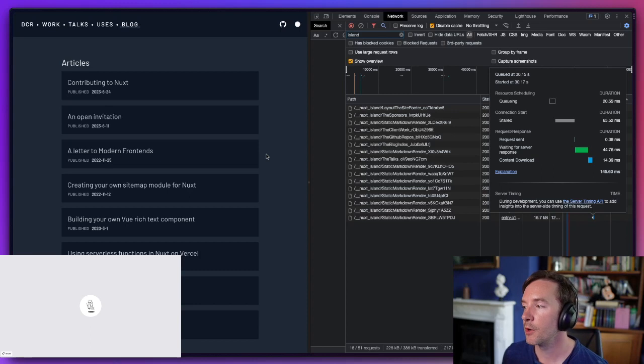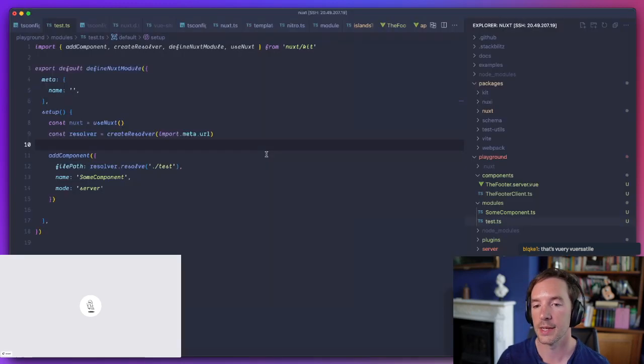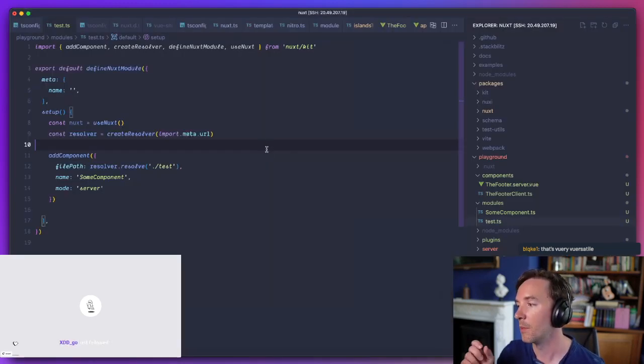But anyway, if you're hearing the word server component and you're looking at React or any other framework, this is very, very different in terms of how it works. So the concept here is there's an interactive app, a Vue application, which is loaded in your browser. So you have Vue, you have reactivity, and then within that there are things which can be server components, and ideally within that there are things that can be interactive again, deeper within. The default is it's interactive on the outside, and we do that because I think that's a better default.